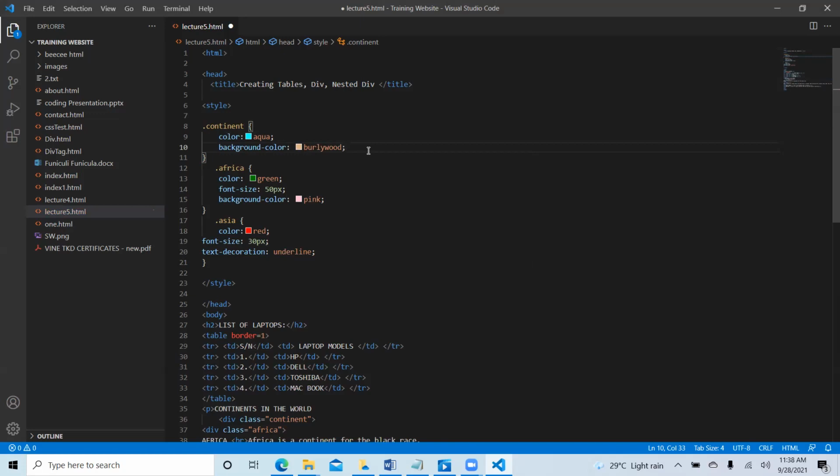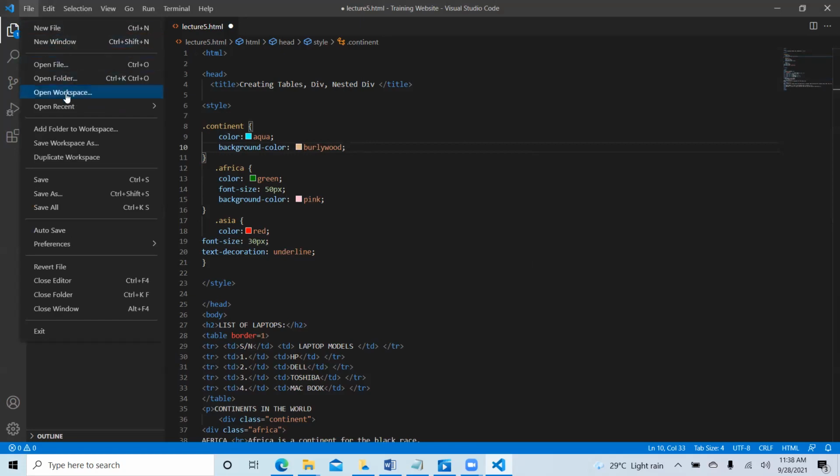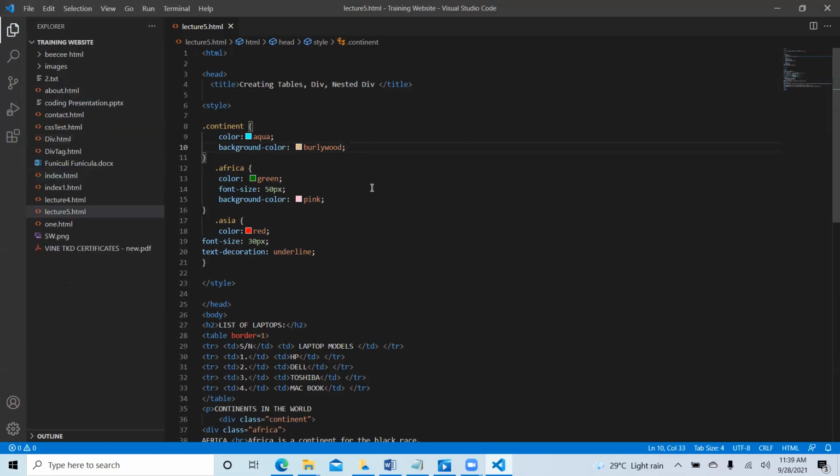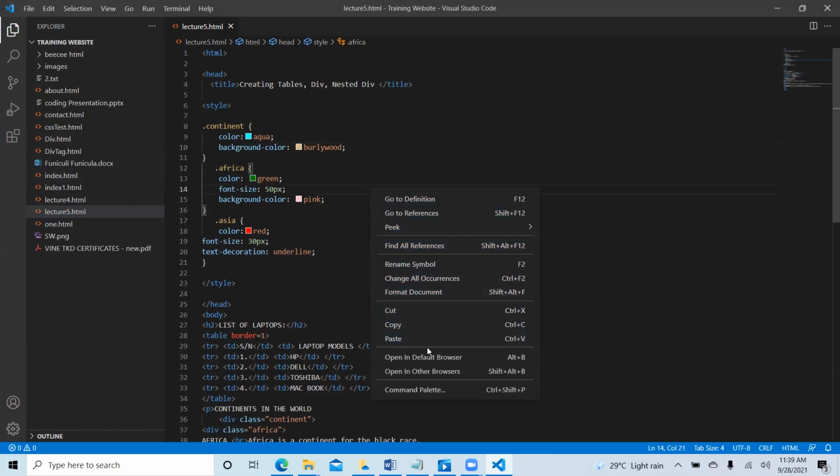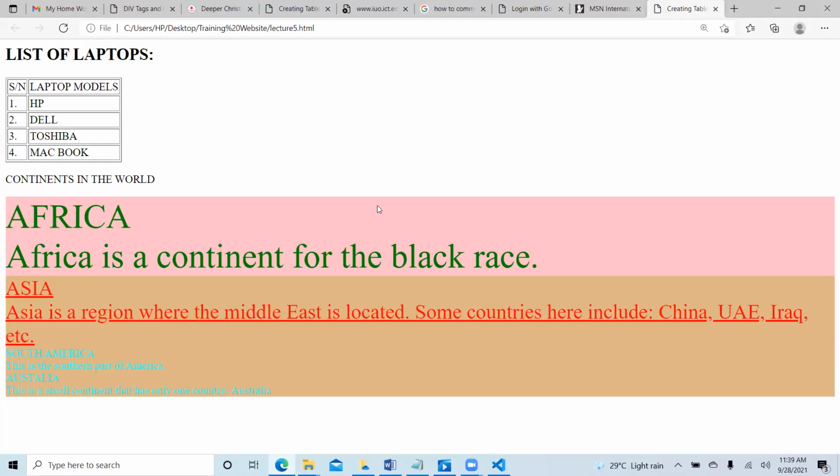Yes. So now for the continent, let's save it first. So you go to File, and then you click Save. Now, if I right click, you can see open in default browser. Can you see it? Yeah. So if I click that, it will bring me to my browser. So I just say open in default browser. So now this is giving us